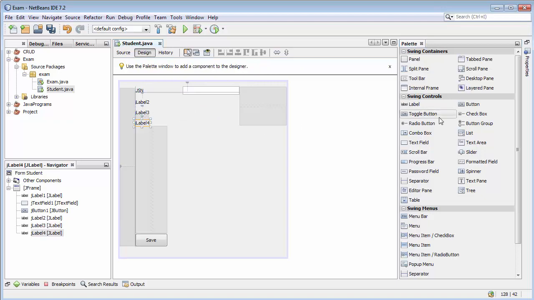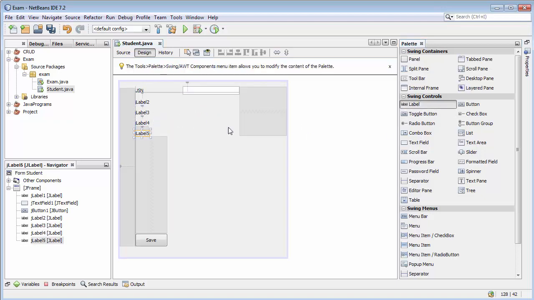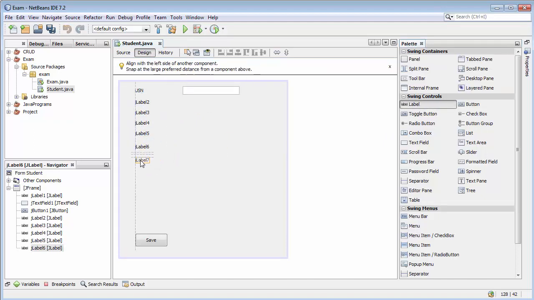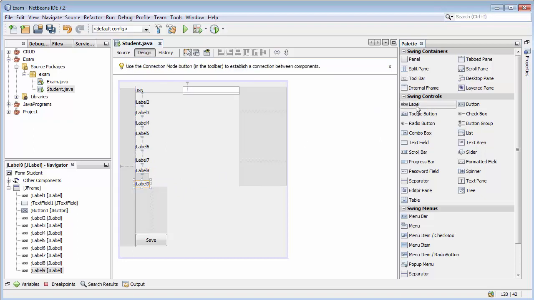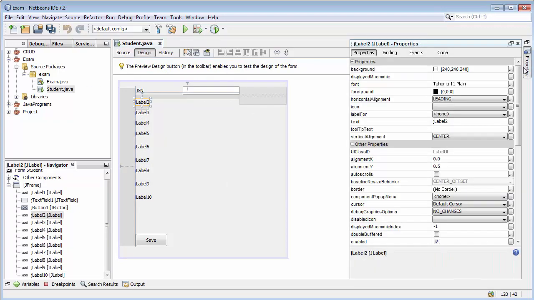Semester, then subject 1, subject 2, subject 3, subject 4, total, percentage. And then change the label: go to properties, click on that label, and then go to properties and